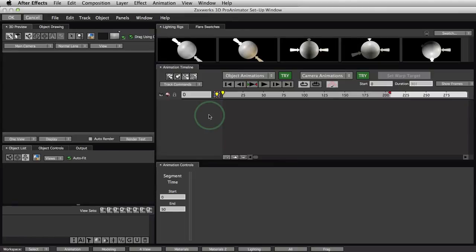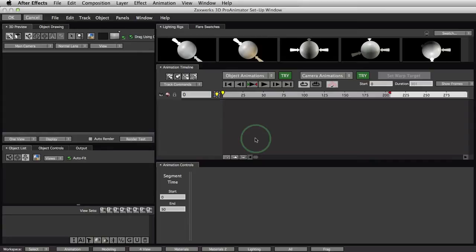Okay, so now we're going to do this again, and we're going to keep it just as fast, and I'm going to add a few other details as we go along. So here we go. When you're already in the 3D Pro Animator setup window, you no longer get that opening screen. Remember when we first added the effect, that window popped up which had some big buttons in it that said, do you want to create 3D text? Do you want to open imported objects? What do you want to do? Well, you only get that the very first time you add the effect to a layer.